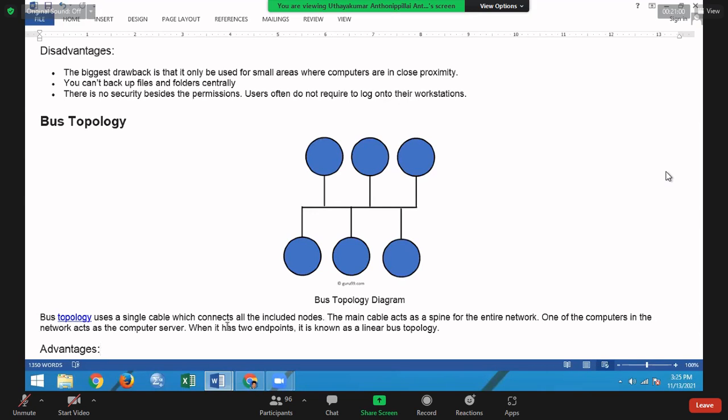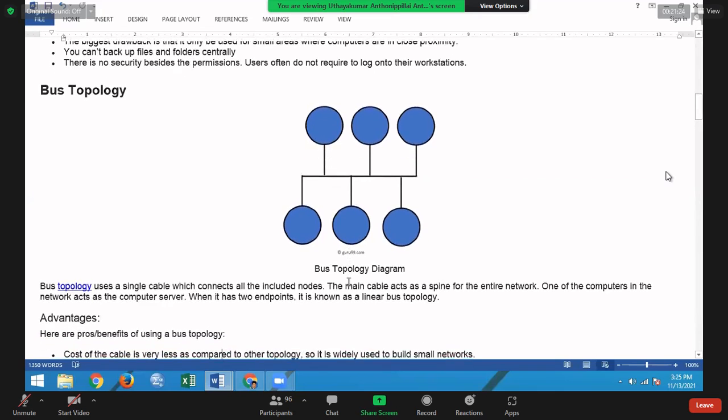One of the computers in the network can act as a server when it has two endpoints. Actually, there are two endpoints, one here and one here. Out of these computers, one can act as a server. This is known as a linear bus topology.